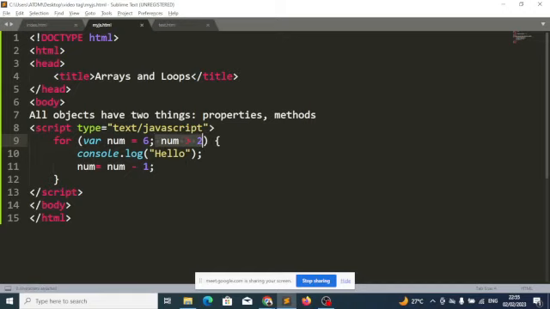So that you understand. Yeah. That's the idea behind writing a for loop. So when we run this code, what will we see in the browser? What are we going to see in the browser? If I run this code on the browser,